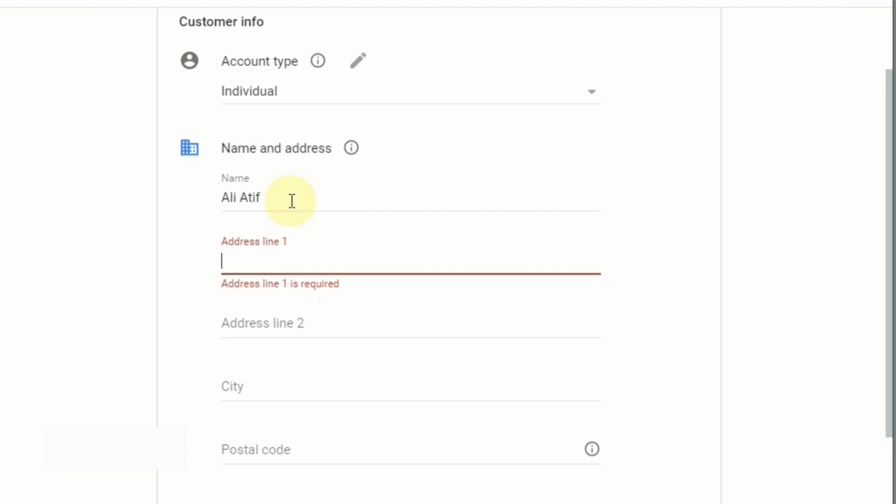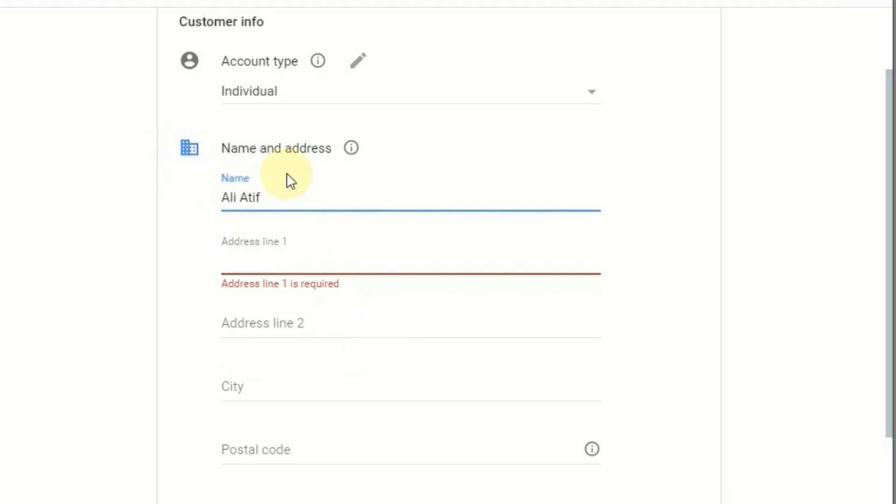That's why we need to provide our information as per our government ID, passport, or driving license, so we can verify our identity once we reach $10. Then we also get an address verification PIN at our address to set up our payment method. So first we fill in the name as per ID.